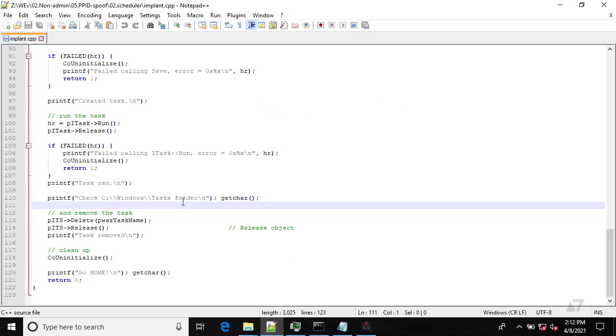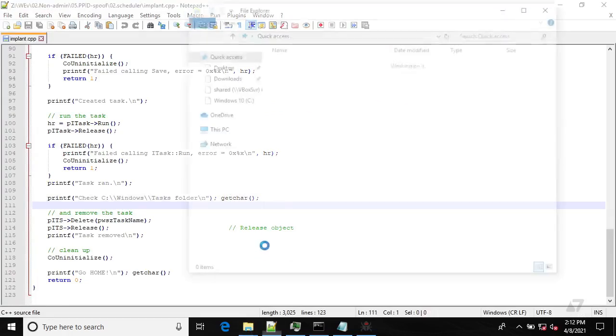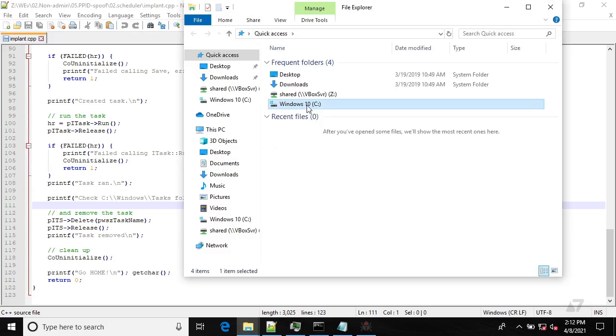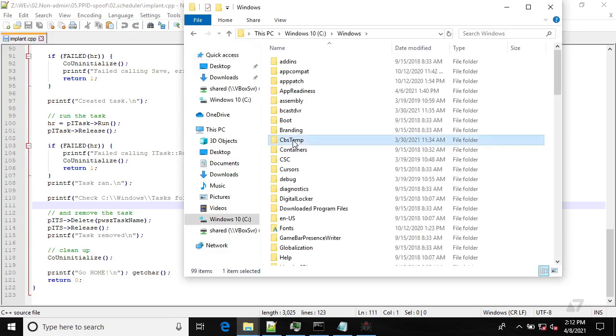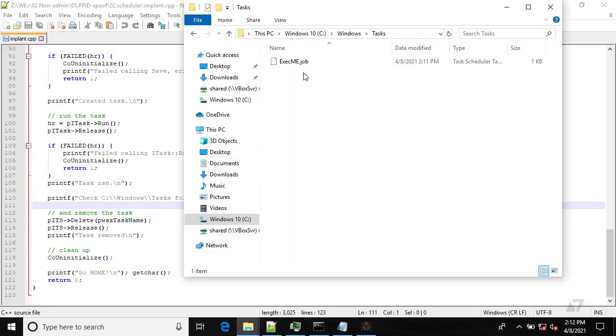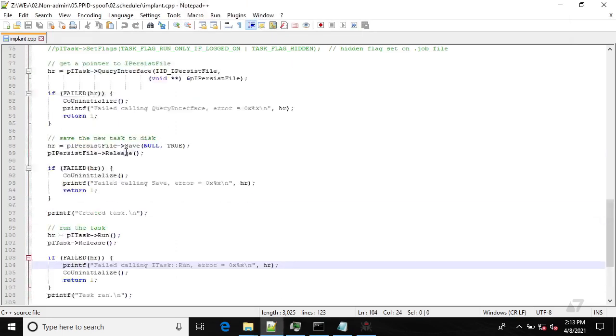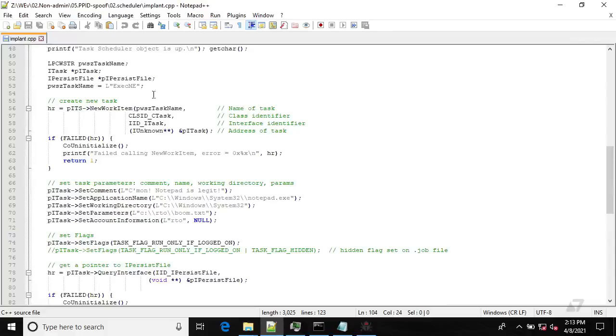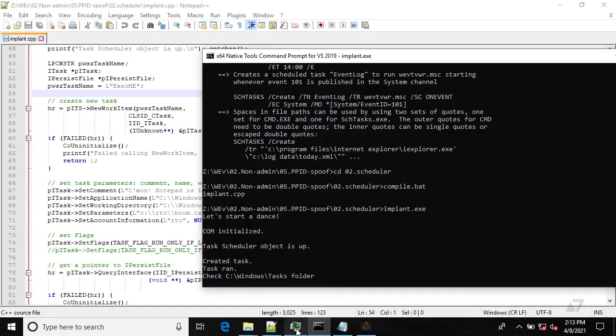Okay, so let's take a look at this folder as well. So let's go to C, Windows, tasks, and here is our execme.job file, which contains the definition of our task, and this name was set here. Okay, so it can be configured. And what happens if we hit